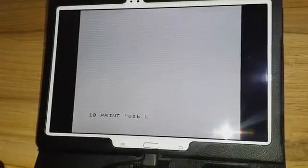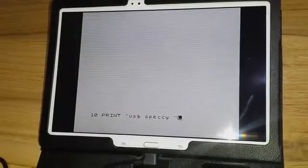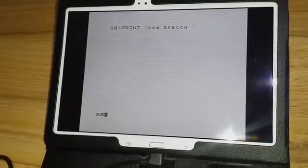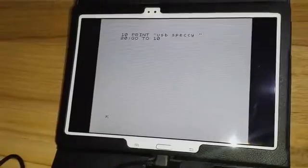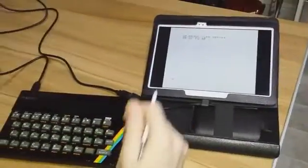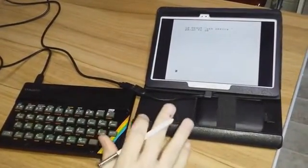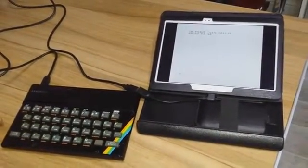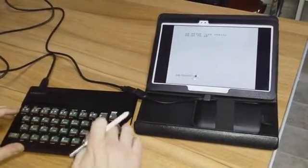So we can 10, print, USB spec it. Go to 10, all this done with the Spectrum, and then run. Right, so there's our thing, and just to prove that we're actually using the keyboard and not just using another Bluetooth keyboard or a normal keyboard or another USB keyboard, we're going to prove now that that's exactly what it does. So 30, print,